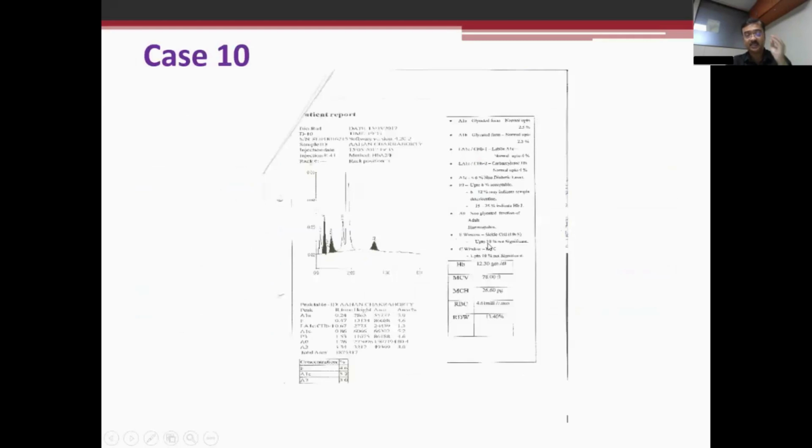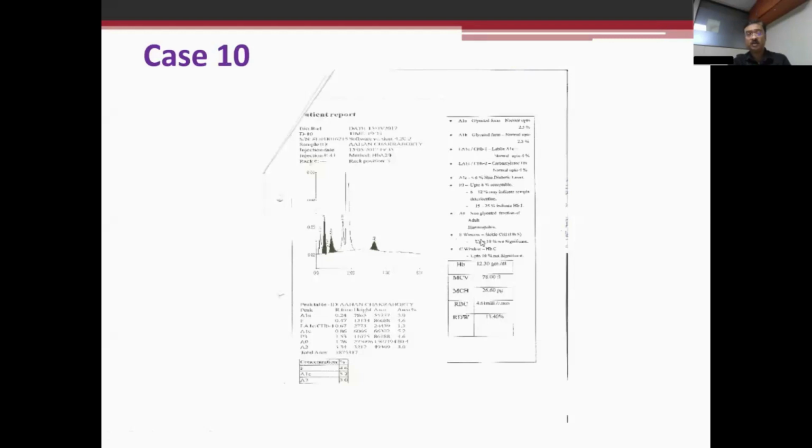Then there is case 10. This is another typical error. This made me confused: a 4.6 fast HbF in a hemoglobinopathy workup of an 11 year old male. So this high A1C is not at all acceptable for me. I'm totally confused what to report. Neither fits in with any of them.